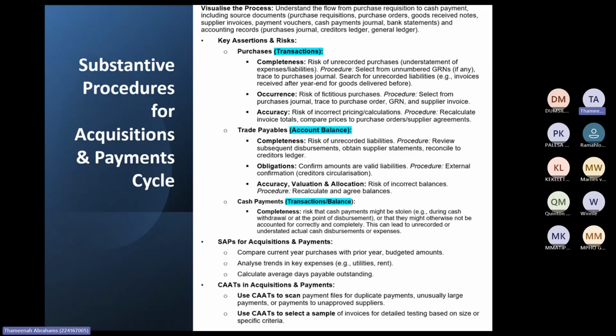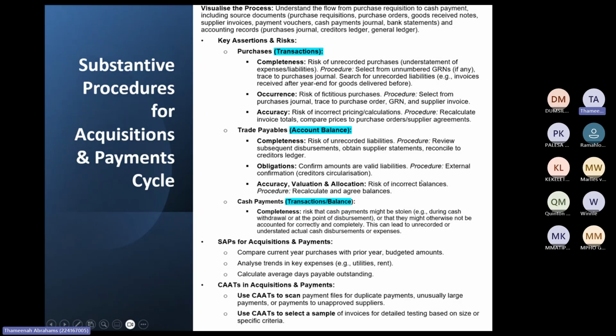So for credit, for trade payables and loans that the company takes, the question is: are they obligated to pay a supplier or to pay for that loan? That's what we mean by obligation. So that trade creditor they owe, that supplier they owe, it is in their name. Does that make sense? So you can always look at obligations by inspecting, for example, the creditor's statement, or the agreement between the supplier and your client and so forth.